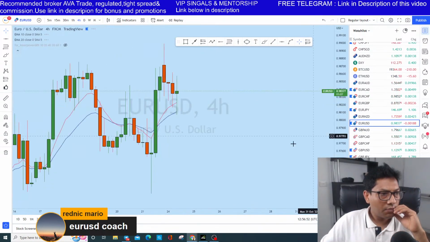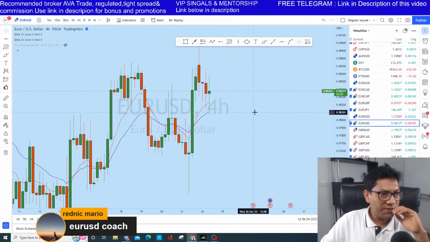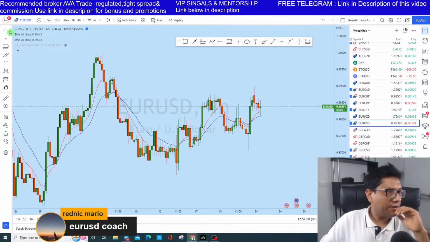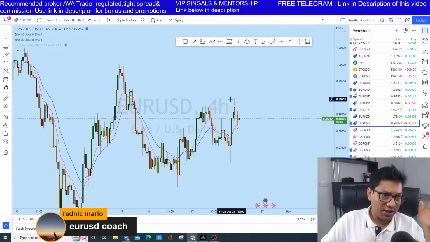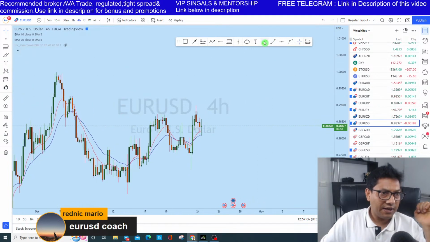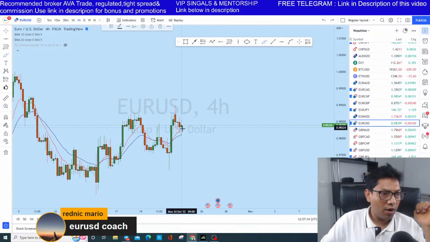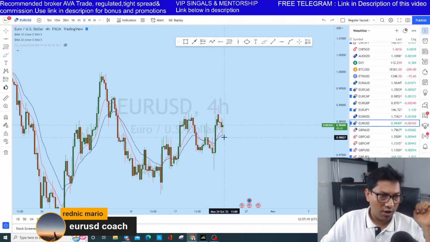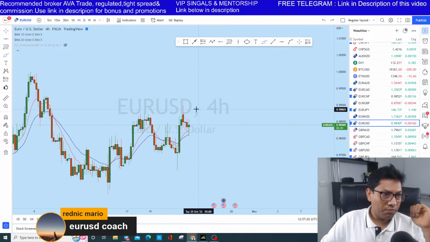on euro dollar. Okay, so look, euro dollar, we have seen a very strong rejection from here. Now, as I told you, how do you consider whether this is a liquidity grab or a reversal? If we see that euro dollar has an impulse like that, that could confirm our probability for changing short term downtrend to the uptrend. But at the same time, it is not impossible that euro dollar turns into